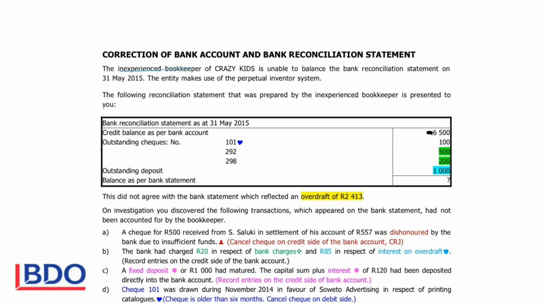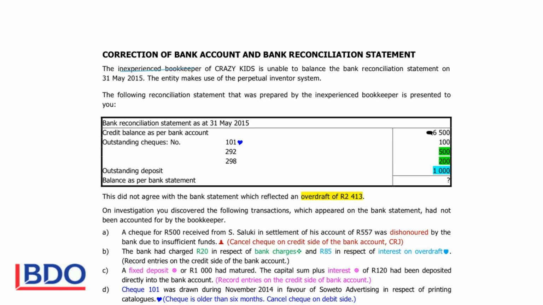If we look at this bank reconciliation statement that he gave us, it means that these are the entries that he thought should appear in the bank reconciliation statement. We will prepare a new bank reconciliation statement with the entries that he indicated, plus additional entries if there are things that he didn't record. And then we will also record all the entries in the bank account to determine what the bank balance is.